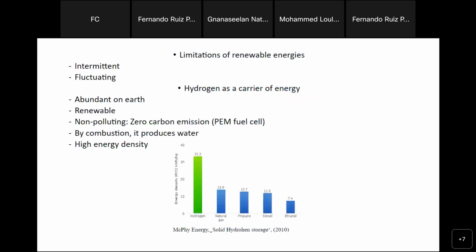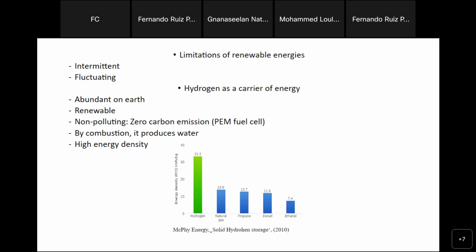But the problem is that the renewable energies present some limitations, namely they are intermittent and fluctuating, so they can't be used permanently, and especially for transportation. So there is a critical need for secondary sources as a carrier of energy, and among